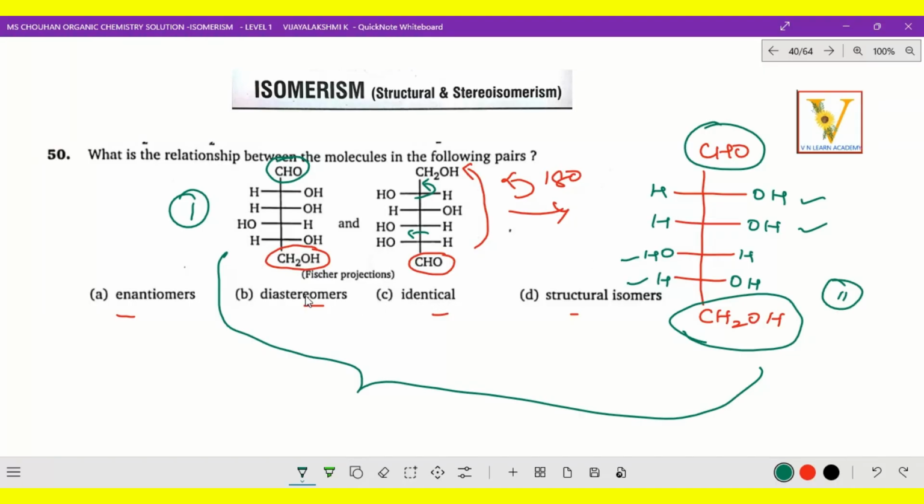So what do diastereomers mean? Actually here they are asking about the relationship. Relationship means we have to go for that rotation point, then only we can identify the relation. This is a Fischer projection, right? That is why we purposely go for that rotation point. When we go for the rotation point, we can identify diastereomers very easily: any one point which is changing, that is diastereomers. Enantiomers, we can identify by RS configuration, optically active. And structural isomers, the structures will vary. So in that way we can identify. So which is the correct option? Option D is the correct option.